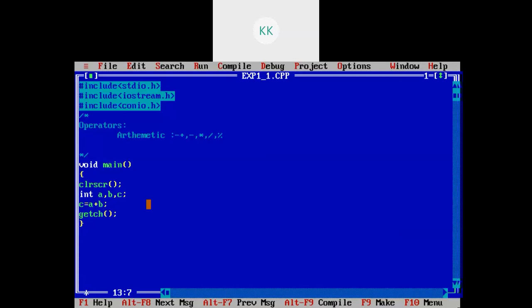Now always understand, the left side of the assignment operator is the output, whereas the right side of the assignment operator are the inputs for the program. So here the right side of the assignment, that is equals to, is a and b. So we need to input a and b, and what we need to output is c, which is the addition of a and b.